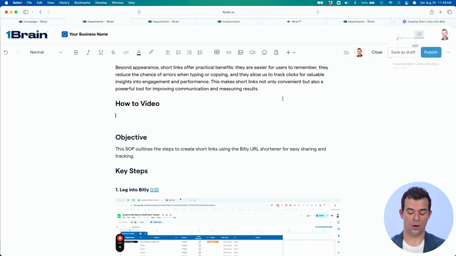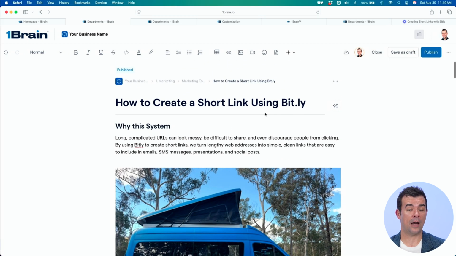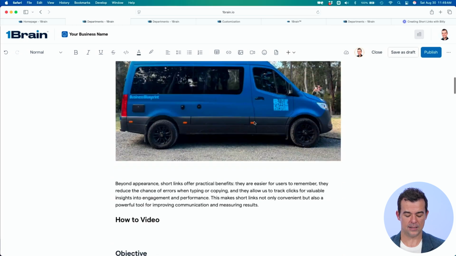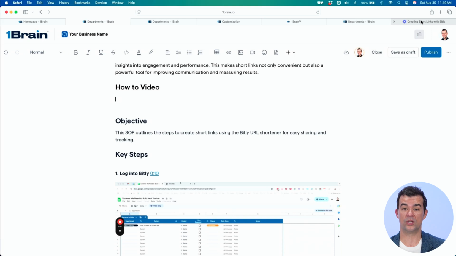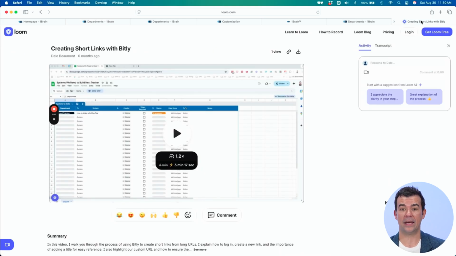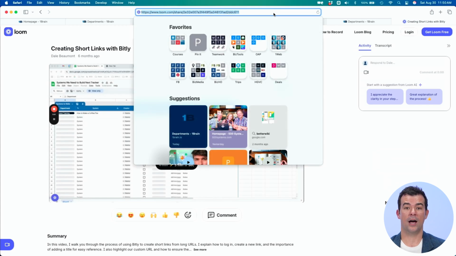With regards to videos, we don't suggest, in fact, we don't allow you to upload videos directly, because file sizes can be very huge and there are so many different types of file formats. So we instead recommend that you host the videos somewhere else. That could be YouTube, Vimeo, Wistia, Google Drive, OneDrive, Dropbox or Loom. We integrate with all of those different systems. So what you do is you host the video somewhere. I've hosted it inside my Loom account, or it could be YouTube, for example,